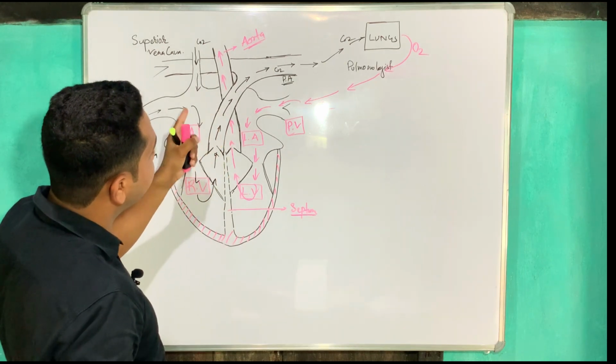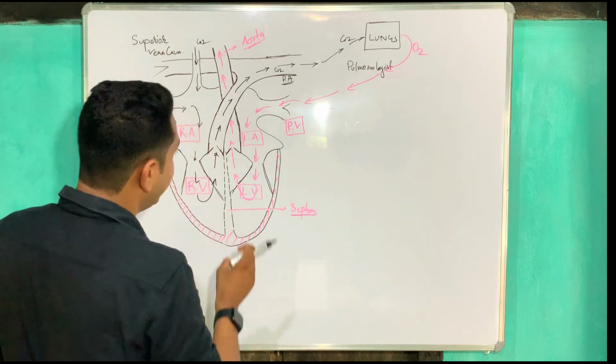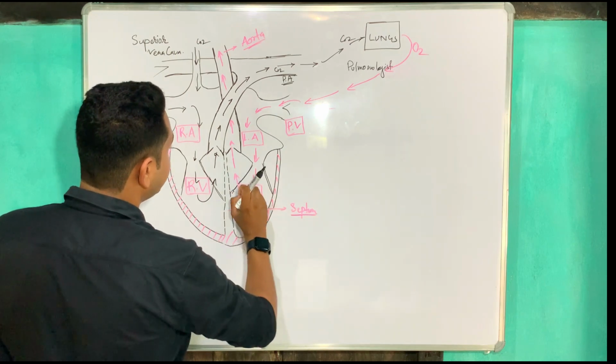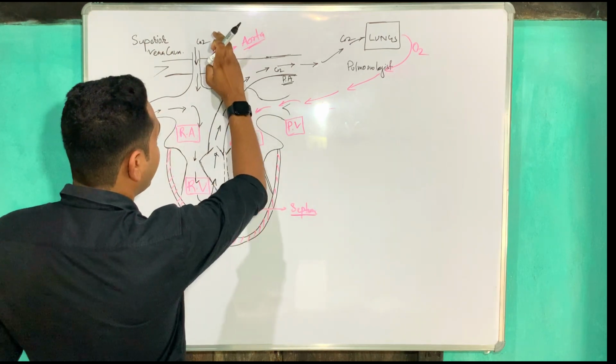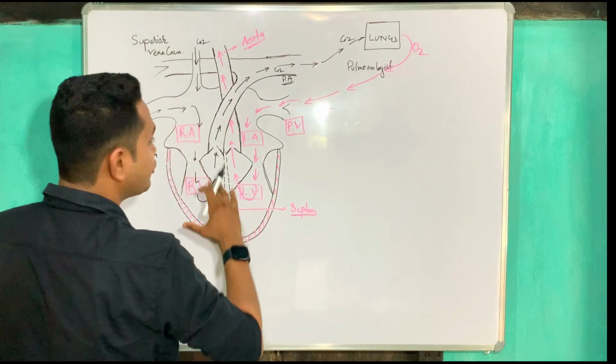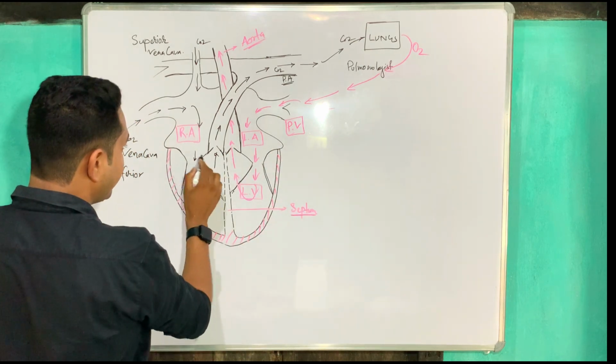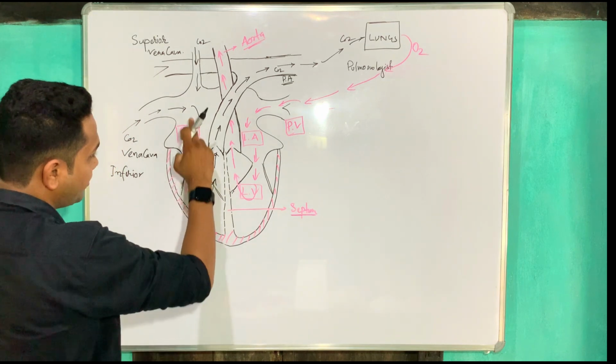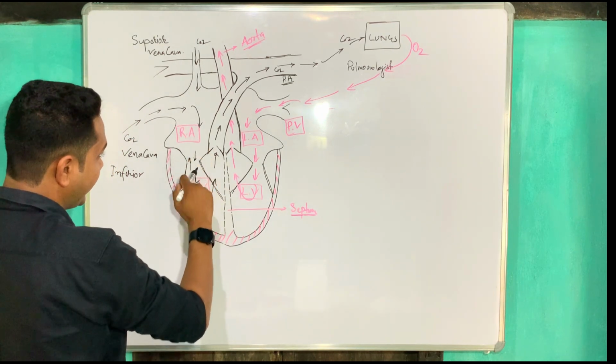And in the arteries there is no valve. Why? Just because pressure is exerted here. Through the left ventricle, pressure is exerted in the arteries. Because of that, no valve exists. And here you can also see that two valves exist in our heart. Why? To prevent the backflow of the blood, so that the blood cannot flow back here.